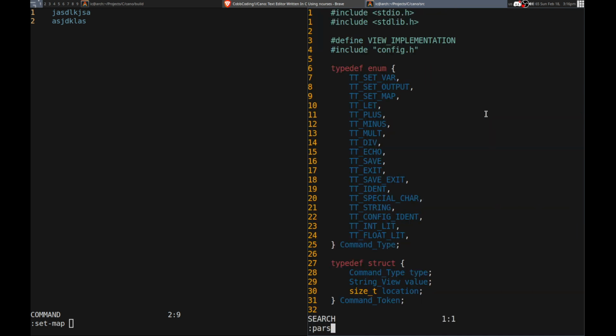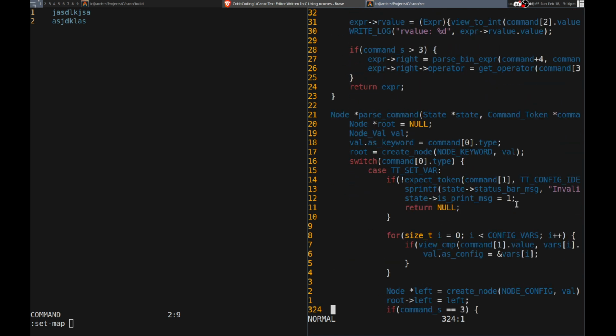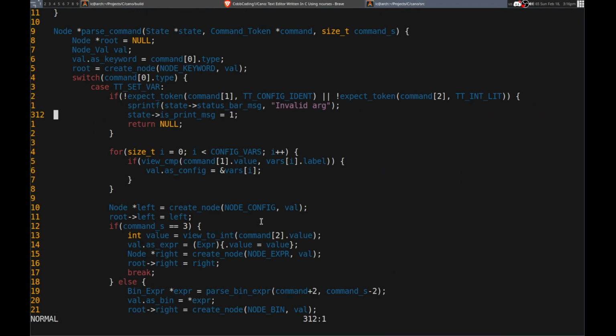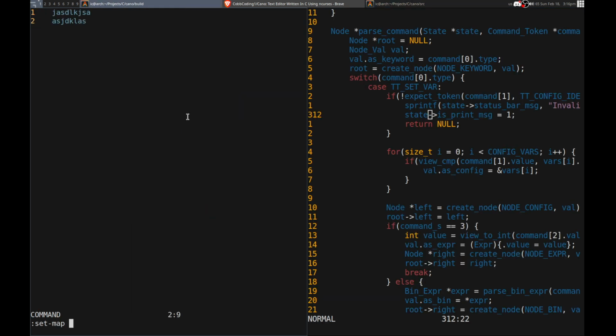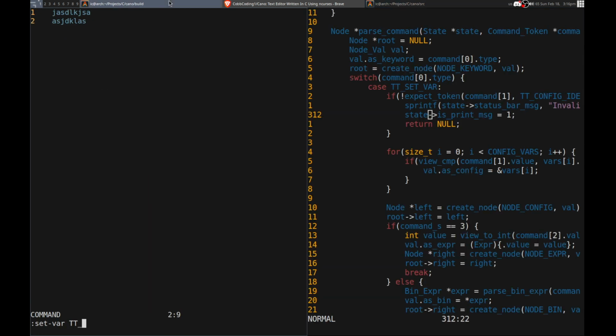Let's see. So parse command, right? So what did we return? So invalid arg. We could get that. Set var. If it's not those, so set var. PD. All right. So we have config identified. That's going to be invalid, right? Valid and